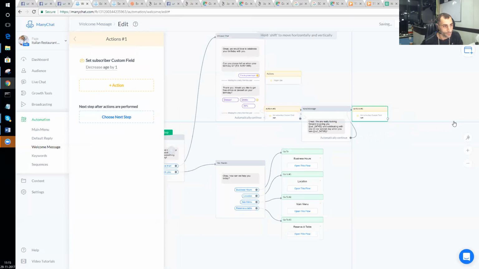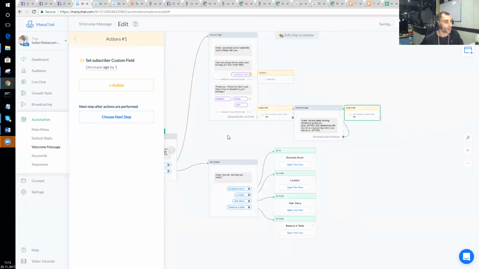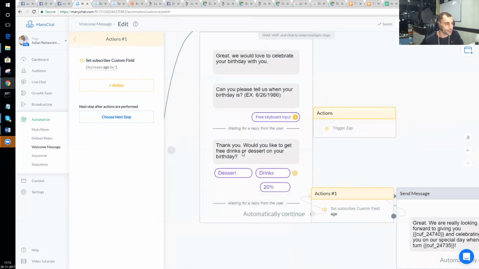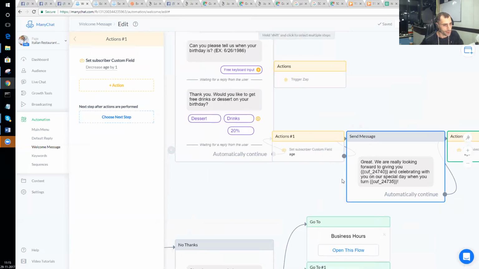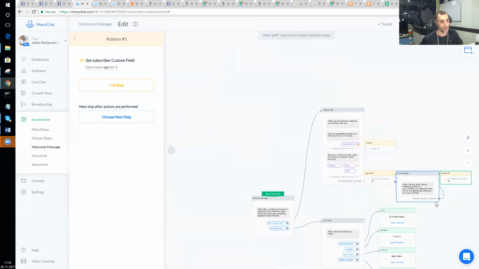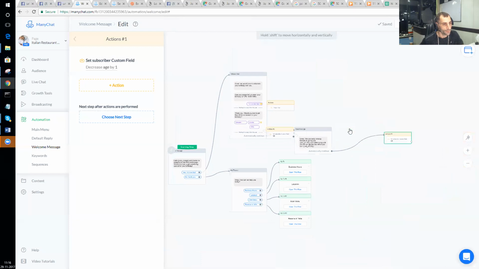So now what we're going to do is we'll go in. Now we've got their birthday. Now we know what they want to have. And this actually isn't going to make sense right here. If I tell them we look forward to giving you 20% dessert, if we look forward to giving you drinks, we look forward to giving you dessert, we look forward to giving you 20%. So for that,